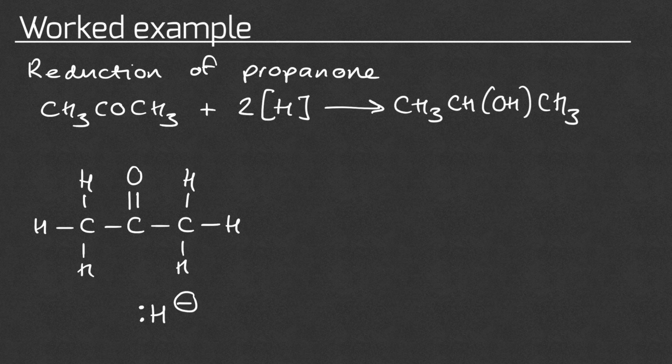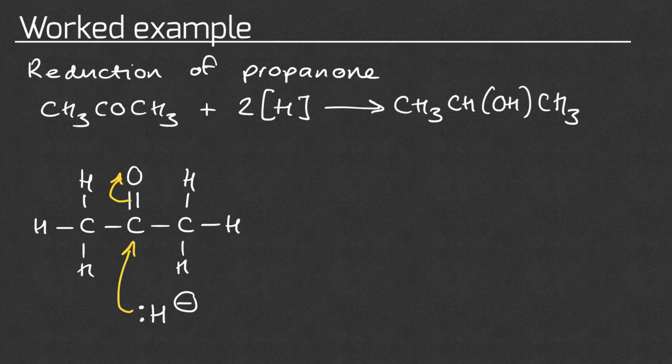The mechanism is just the nucleophilic addition mechanism we've looked at throughout this video. So we're going to start off by drawing the ketone and our nucleophile, which in this case is a H- ion, remembering to include the lone pair and the negative charge. As before, the first step will be for the lone pair on the nucleophile, the H- ion, to attack the carbon,